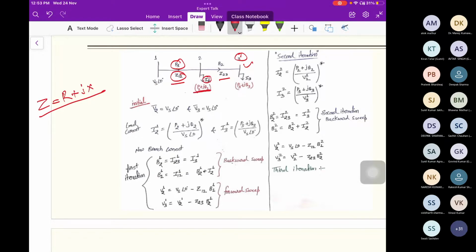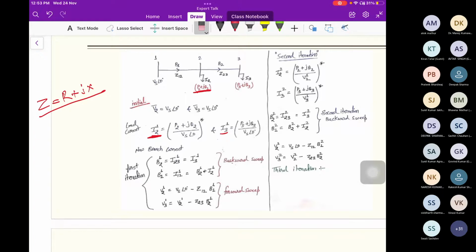Hypothetically, we assume that the voltage is constant in the starting condition, so we can calculate the I value. According to this, we can calculate the I2 and I3 values. First we calculate the I3 value, the current flowing between node 2 and 3. So I3 equals the load at node 2, and I3 into ZR3 gives the losses between 2 and 3. Further, we calculate I2. Between node one and node two, both I2 and I3 are flowing.